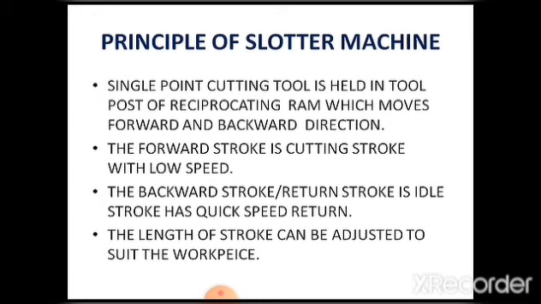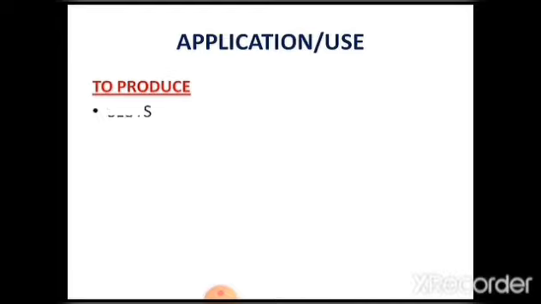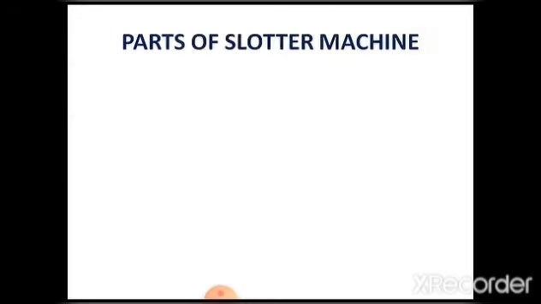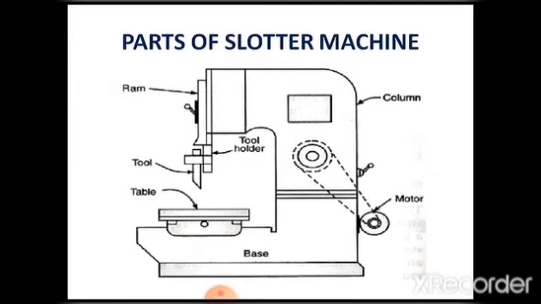उसकी स्पीड को थोड़ा बढ़ा देंगे, और अगर आपका सॉफ्ट मटेरियल है तो आप उसकी स्पीड को कम कर देंगे। ठीक है, अब इसके एप्लीकेशंस देखते हैं कि इसका यूज़ किस लिए किया जाता है। ये स्लॉट्स यानी कि खांचे बनाने के, ग्रूव्स यानी कि नालियाँ बनाने के काम, और की वेज यानी कि की वेज बनाने के काम आता है। नेक्स्ट हम देखते हैं इसके पार्ट्स।